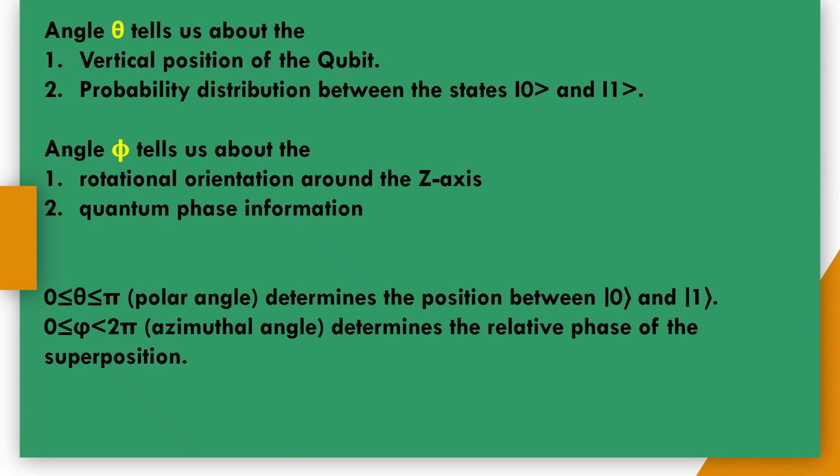As we know, the rotation related to the polar angle goes from the upside to the downside like this. So this angle is between 0 and pi, that is, 0 less than or equal to theta less than or equal to pi, and it determines the position between 0 and 1. Whereas the azimuthal angle is this kind of rotation around the z-axis, between 0 and 2 pi, and it determines the relative phase of the superposition. For example,